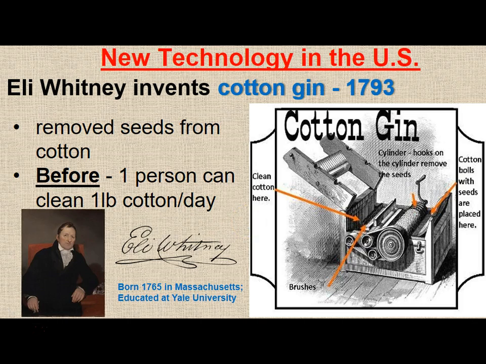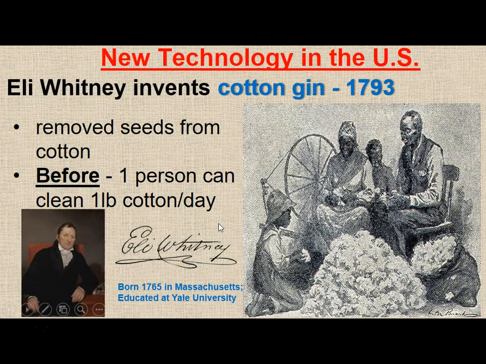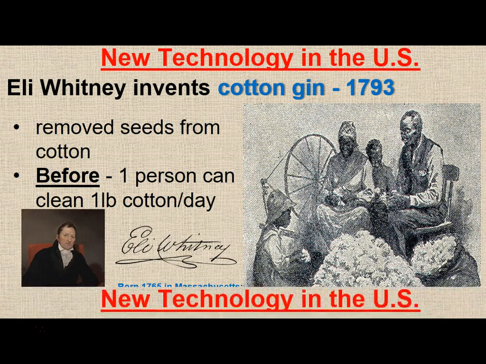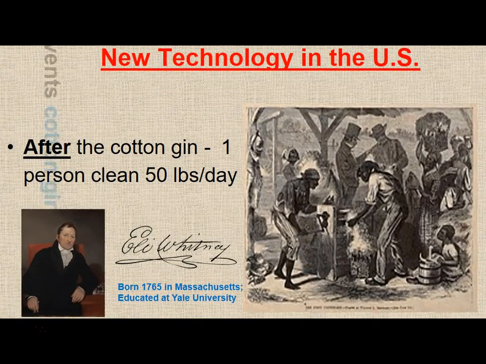For the United States, a guy by the name of Eli Whitney is significant in all of this. In 1793, George Washington is first in office here in the early years, he comes up with this thing called the cotton gin. And this is going to remove the seeds from the cotton quickly and efficiently so that it can be woven into yarn and then brought into this thing called cloth. And this is going to move the cotton cleaning process from one person cleaning 1 pound a day to one cotton gin cleaning 50 pounds a day.